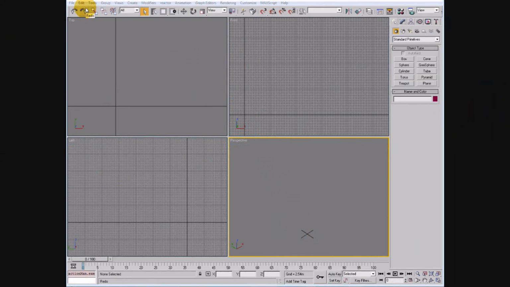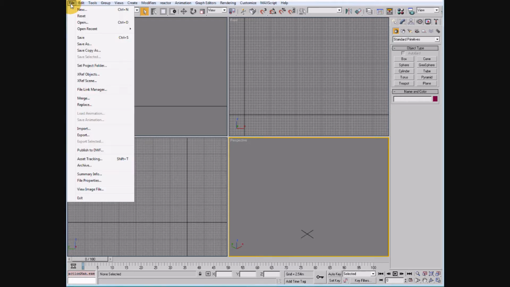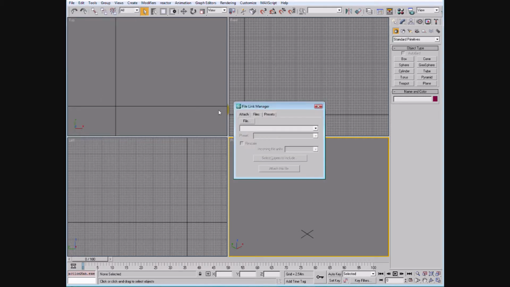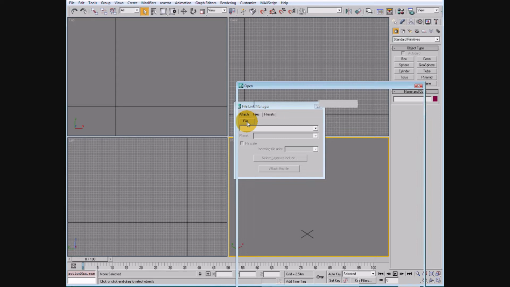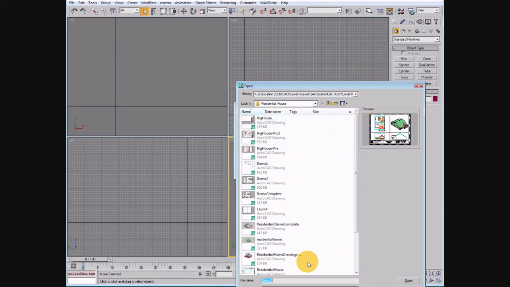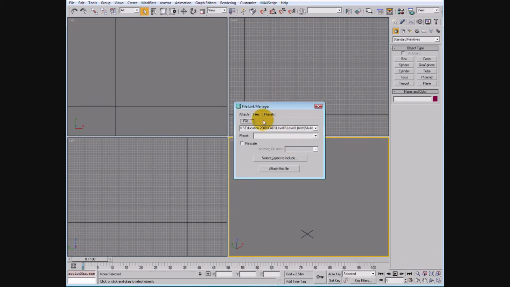In this activity, we're going to use 3ds Max or Viz, and we're going to be importing our residential house. So go to File and go to File Link Manager, and then we're going to attach a file, and this should be on your T drive. Go ahead and select your house that you've created, your residential house, and before you import it in, you might